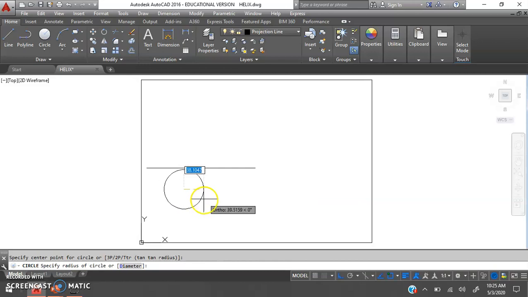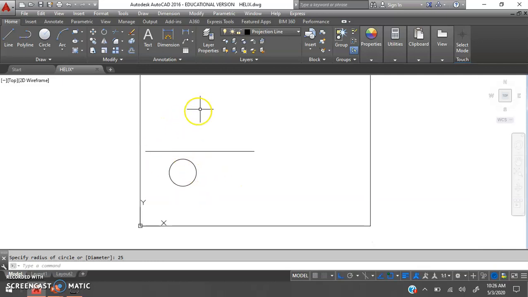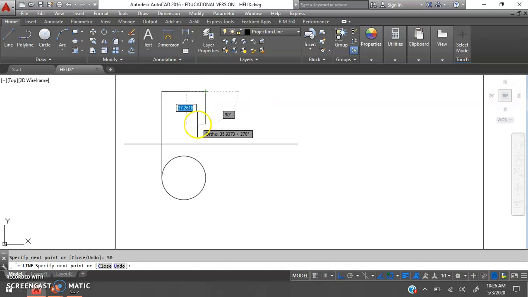The diameter of the circle is given as 50 millimeter, so 25 millimeter radius, and the height of the cylinder is not mentioned, so we'll consider it similar to the pitch of the helix. So let us draw the cylinder first, taking a projection, height of 60 millimeter, horizontal distance 50 millimeter, then again 60 millimeter, and coming back to it. So we have drawn the front view and top view of the cylinder.